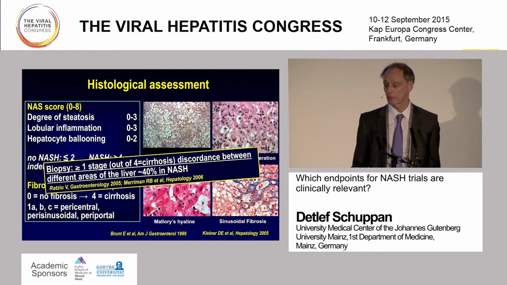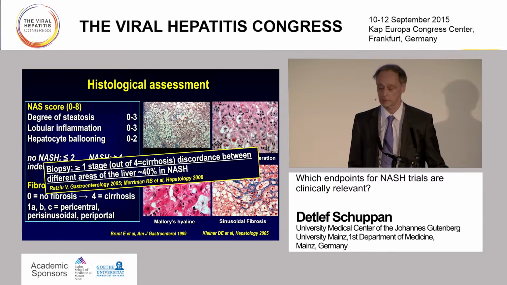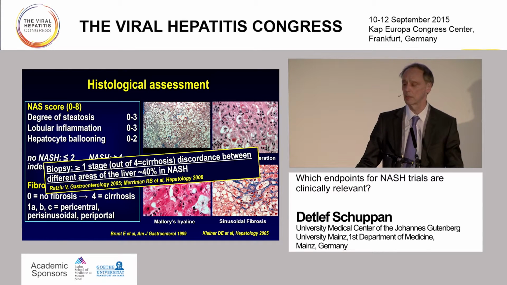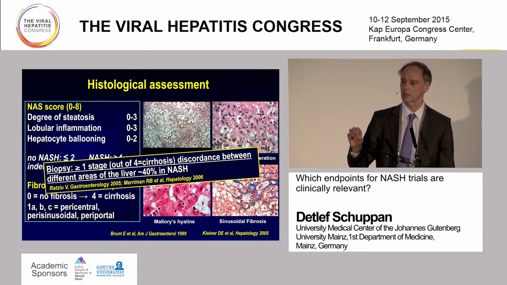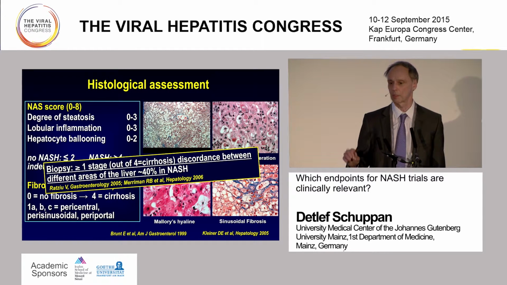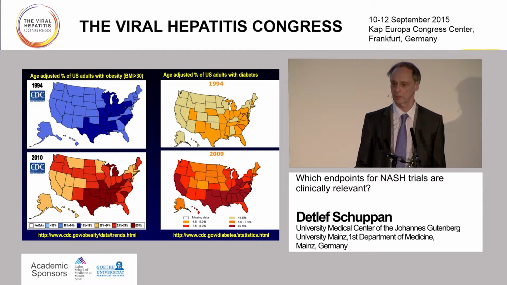However, we have to bear in mind that biopsy, especially in NASH, is highly prone to sampling variability. And 2 larger studies, one performed also by Vlad Rațiu and colleagues, showed that the sampling variability with sizable biopsies from one liver is very high in terms of 1 stage out of 4 difference of fibrosis, about 40%, in 2 independent studies. So in terms of fibrosis, but also in part inflammation and ballooning, we are left with a high sampling variability of the tiny biopsy.